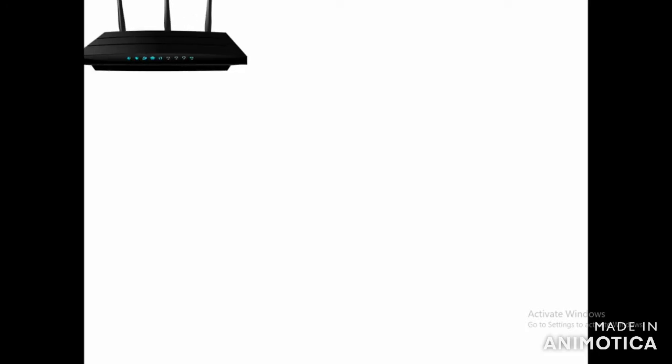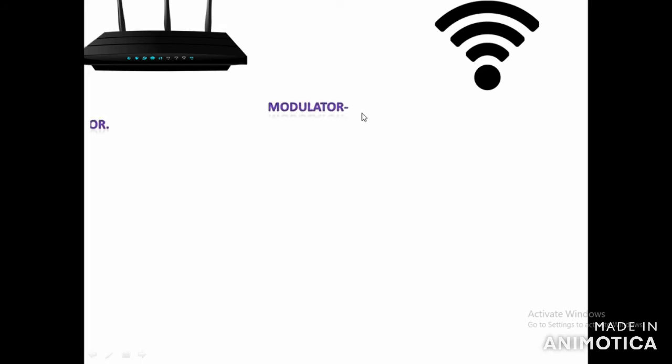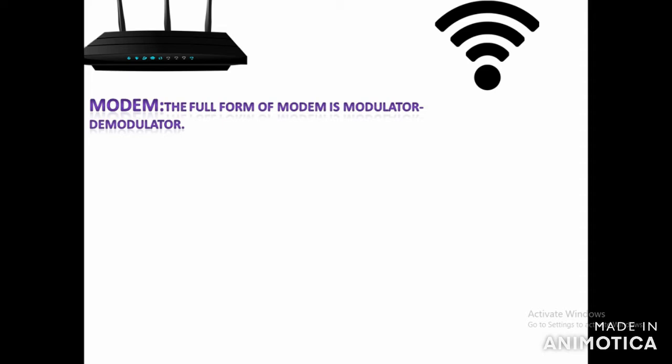Let us understand. So first of all, besides the computers, what you need is a modem. Modem stands for modulator, demodulator. As soon as you get connected to the internet, this type of symbol is visible on your device. Children, modem stands for modulator, demodulator. The basic function of a modem is to transmit the signal, that is, it changes the signal from analog to digital and from digital to analog.